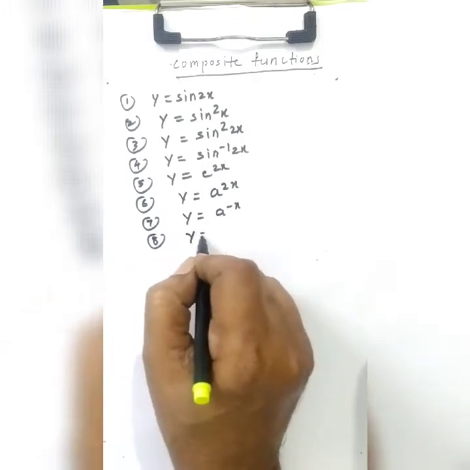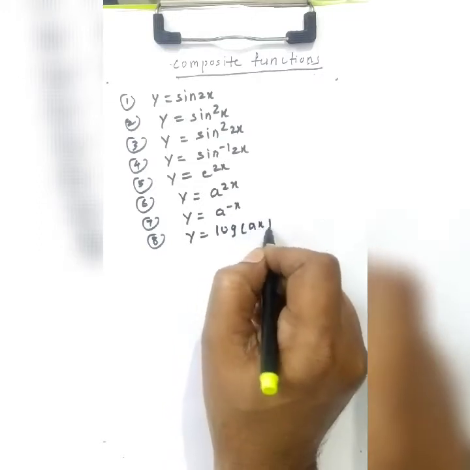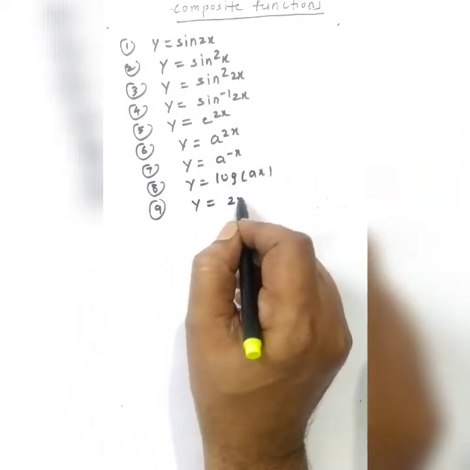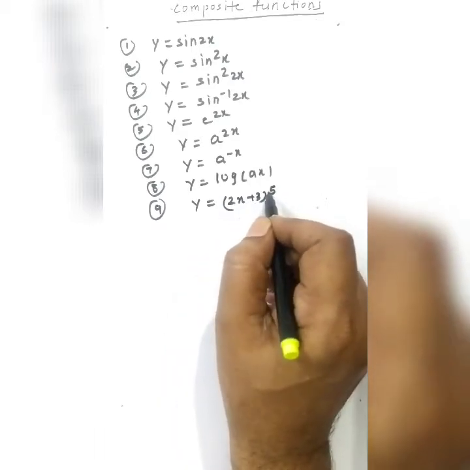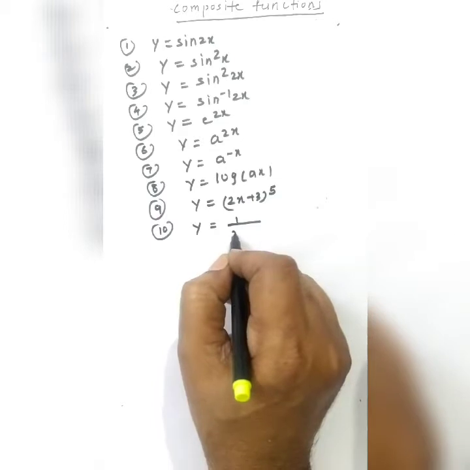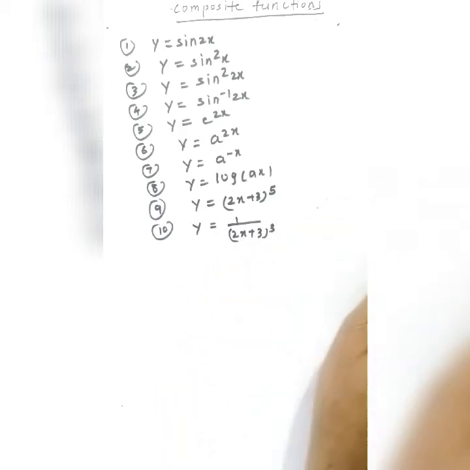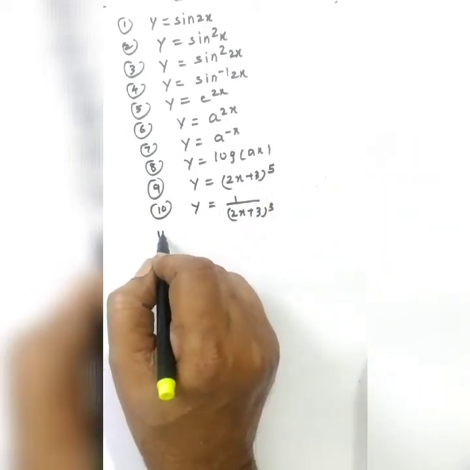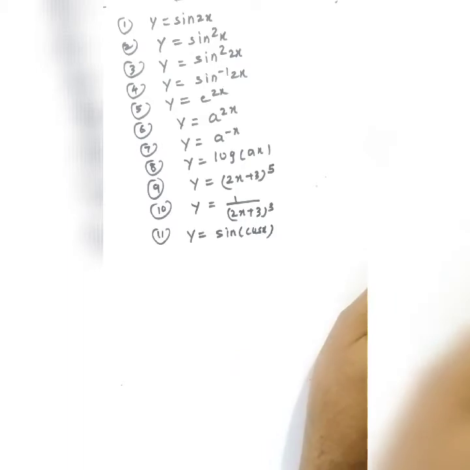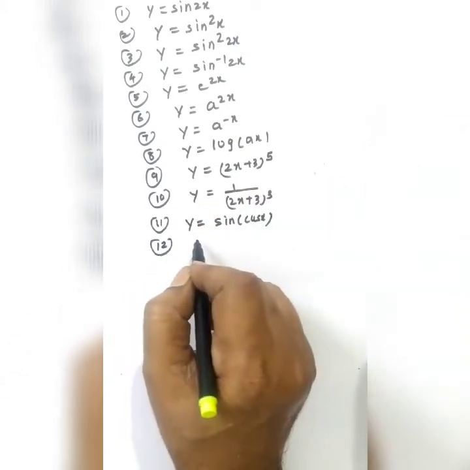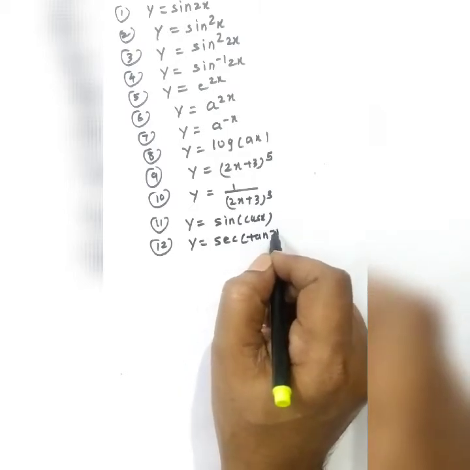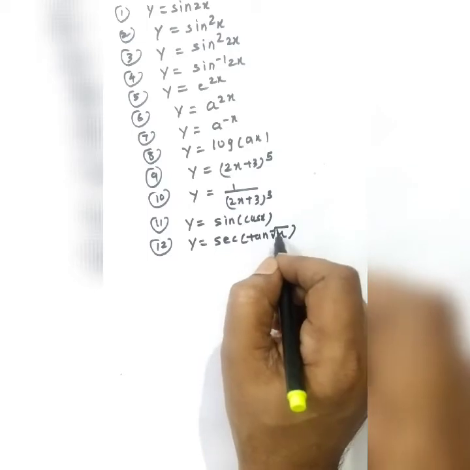y equals log of ax, y equals (2x plus 3) whole raised to 5, y equals 1 upon (2x plus 3) whole raised to 3, y equals sine of cos x, y equals sec of tan inverse of root x, or sec of tan of root x,